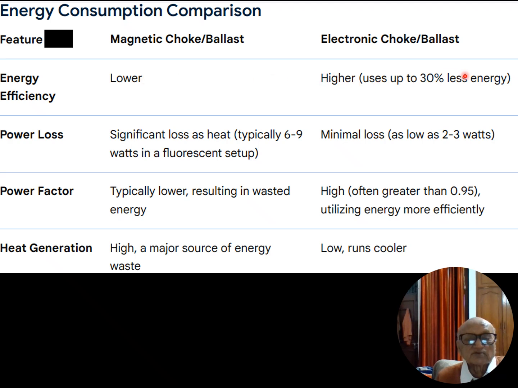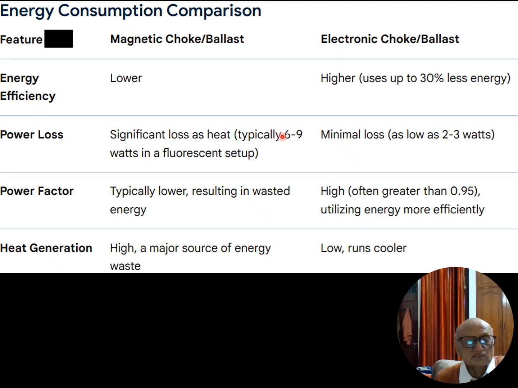Uses up to 30% less energy. One thing I should tell you is that whatever this energy loss is, it is going as heat, and if such ballasts are provided of any of these two, that heat,